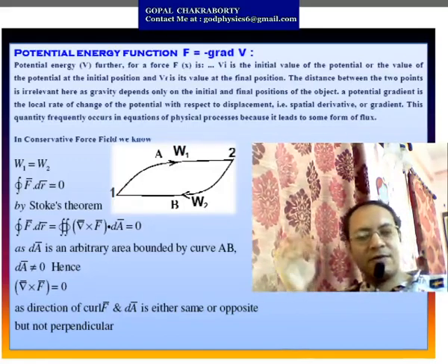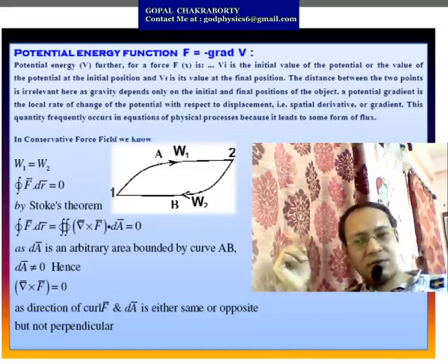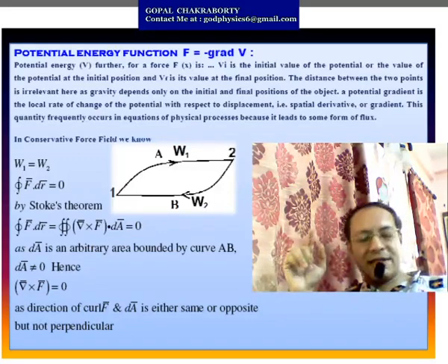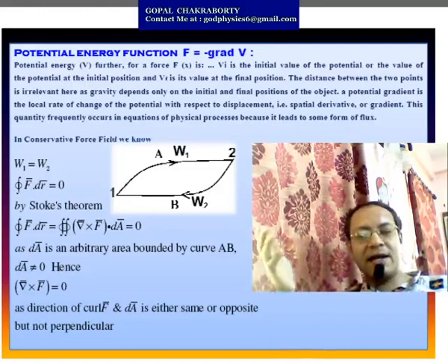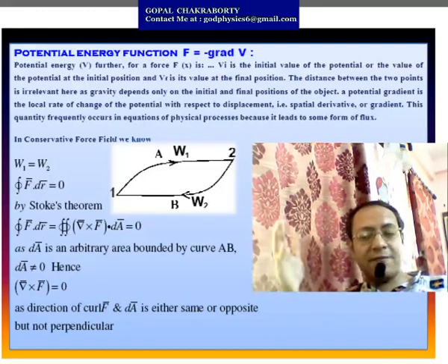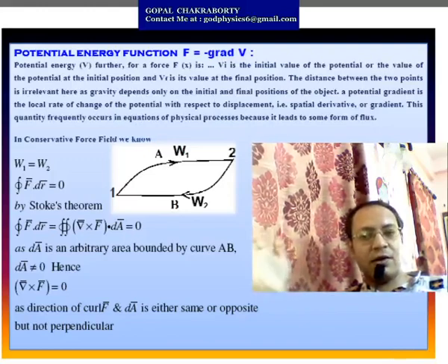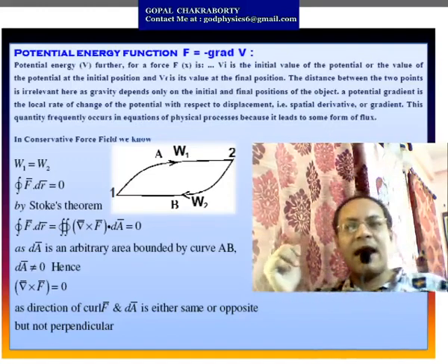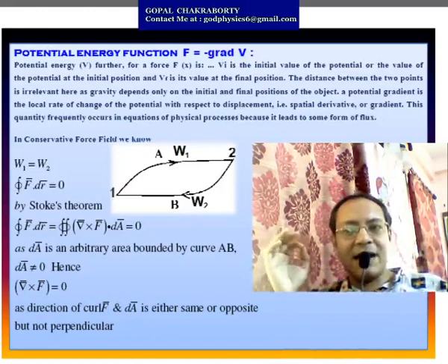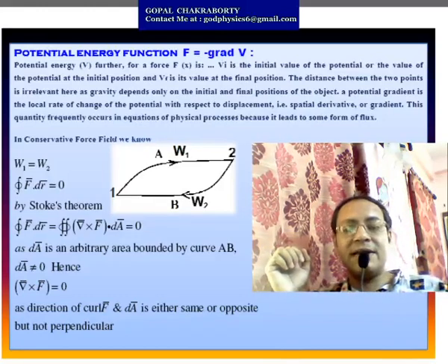So, if you apply the Stokes theorem on the left hand side of that expression, the integration of F dot dr equals 0, that integration of F dot dr will now change into a closed surface integral, del cross F dot dA equals 0, where dA is the infinitesimal surface area. Now, as dA is an arbitrary area bounded by the curve AB,